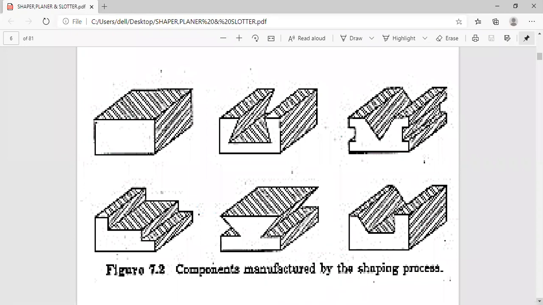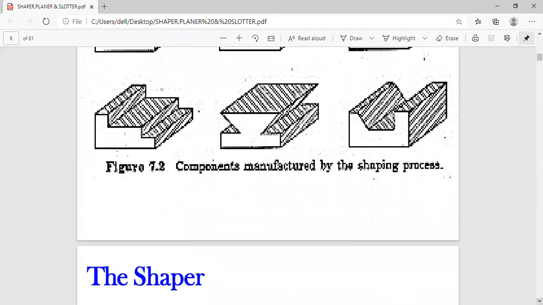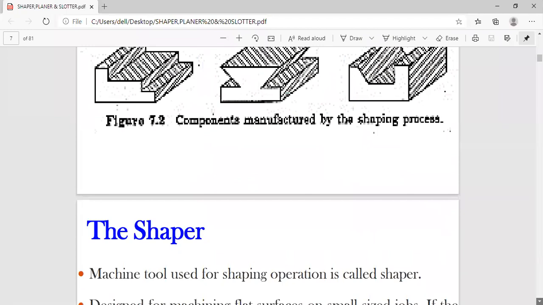Likewise, a V-block, which we will be using in the metrology lab, and all the components we require in the machine shop or in the respective labs as accessories, we can manufacture by means of the shaping process. That is very important.